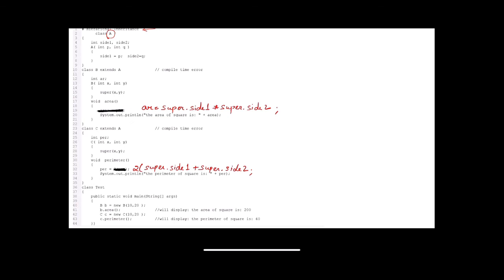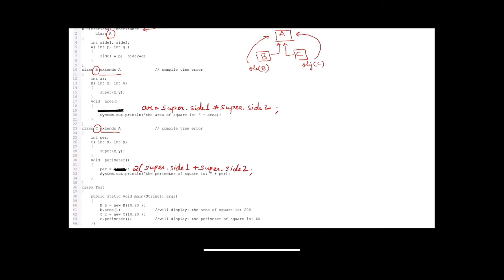Over here you can see that I am having a class A, class B that is inheriting my class A, then the class C that is inheriting my class A. So I can say that if I'm having a class A, class B and class C, then my class B inherits all the properties of class A, and using the object of this B class, I can call all the properties of class A. Similarly, my class C is inheriting all the properties of my class A. I can say that using the object of C class, I can access all the properties of my A class.